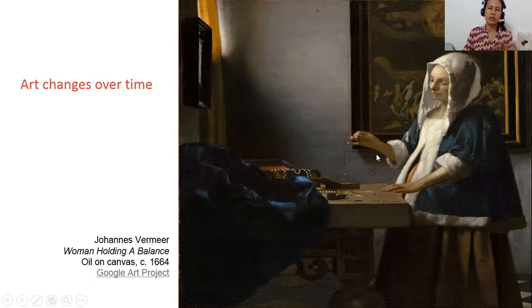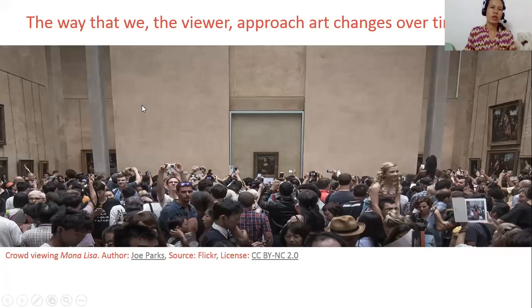This seems like the woman is a wealthy person. Okay, a wealthy person na ano ba, is she going to live according to, you know, wealth and material things, or religiously she's still having the belief or making it balance? So something like that. This painting shows a concept like that. Okay. So the way that the viewer approach art changes over time too. This is an example that I have shown you, or an example that I have told you a while ago